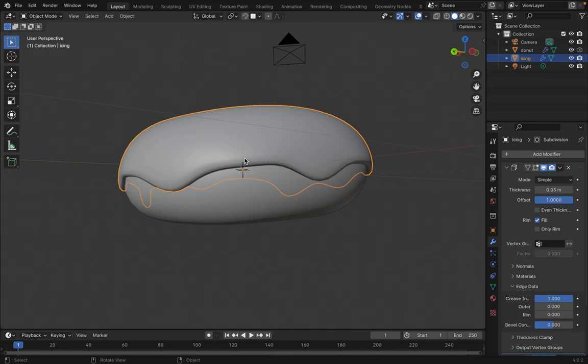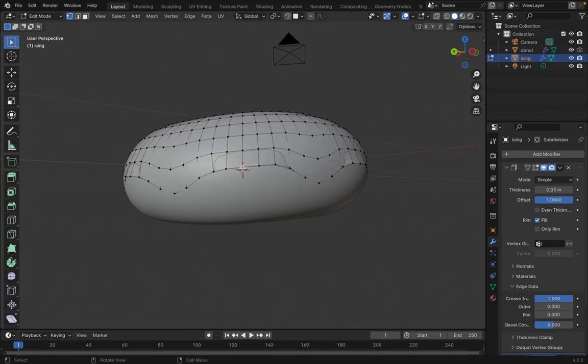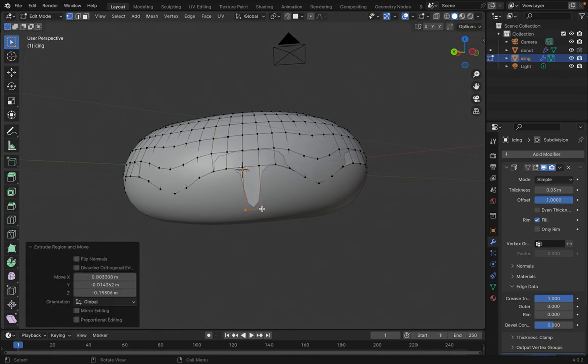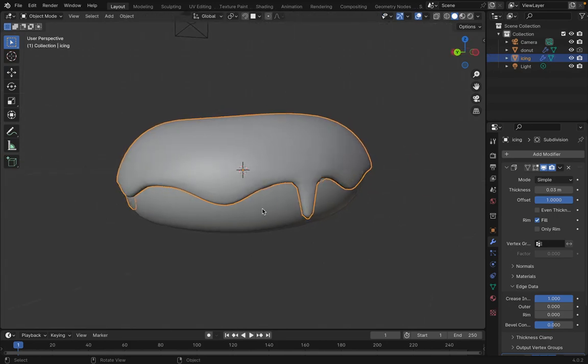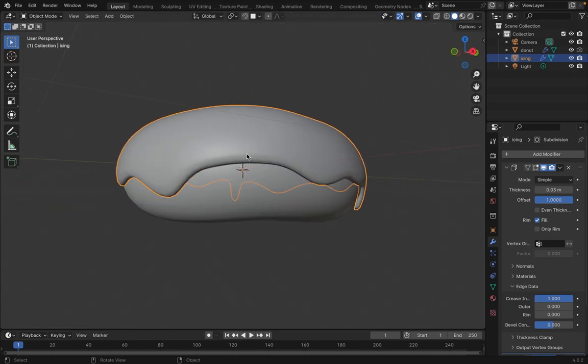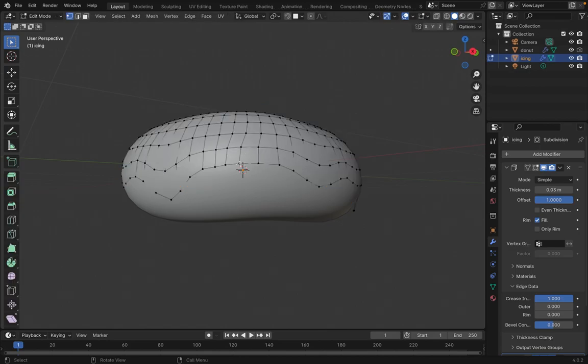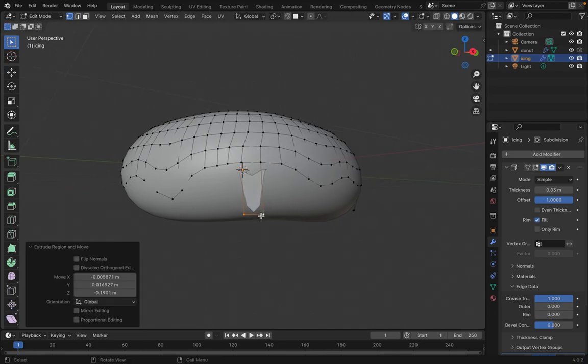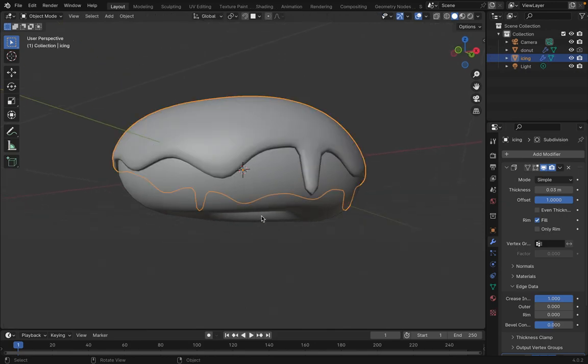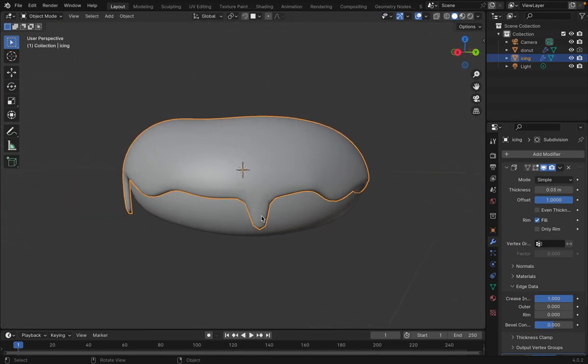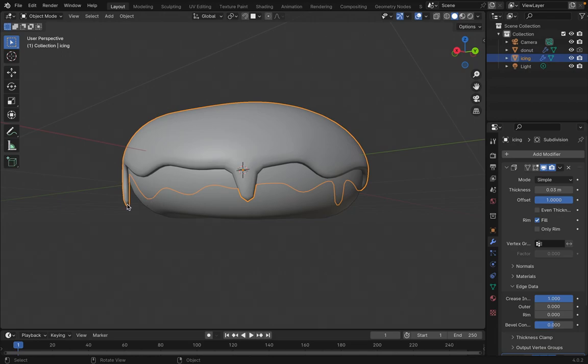Again, this one, hit E key. Okay, it looks good. Again, we hit E all the way up. And maybe we hit